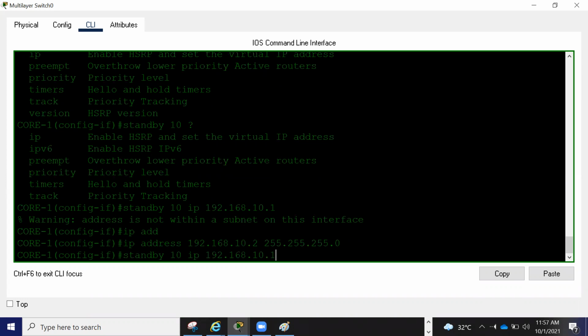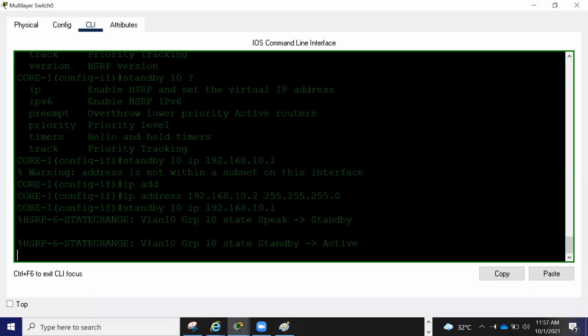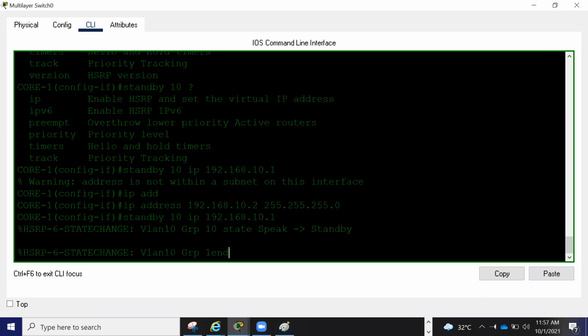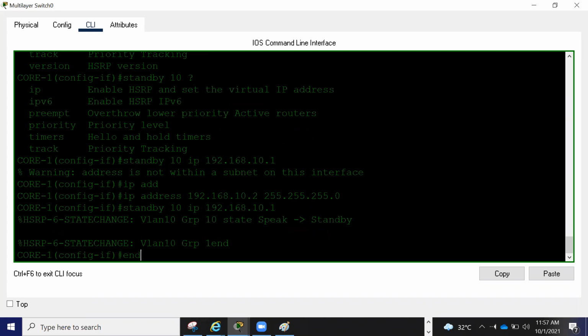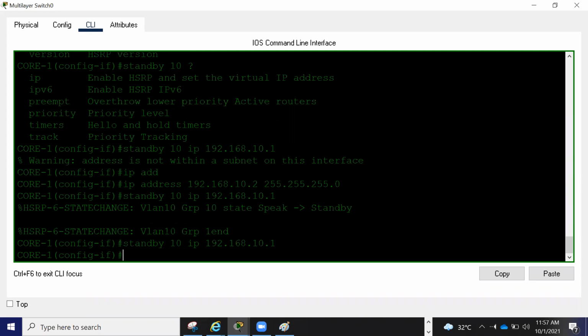Then here we will use standby. Standby 10, the IP address you have given.